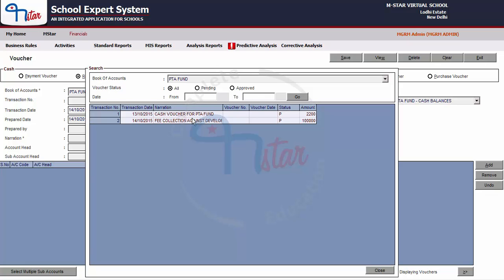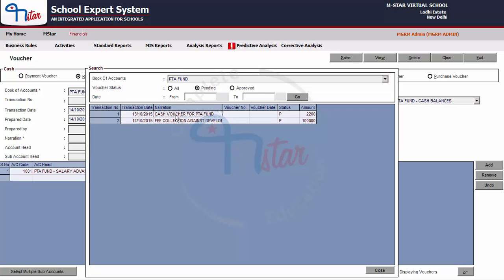We can also filter these results based on whether the vouchers are pending or approved. If we click on pending, then all the pending vouchers which are pending for approval will get displayed, whereas if we click on approved, then only the approved vouchers will get displayed. So we see the two vouchers that we just created.